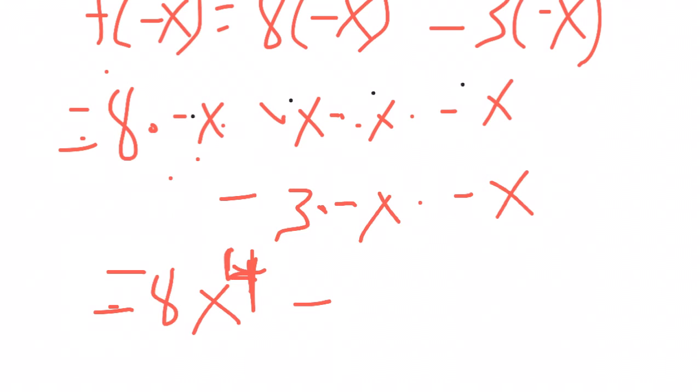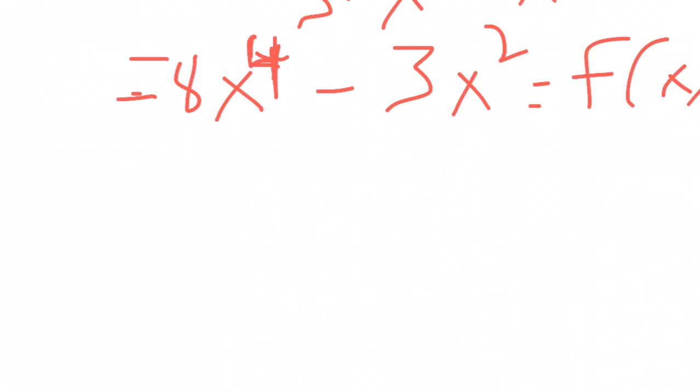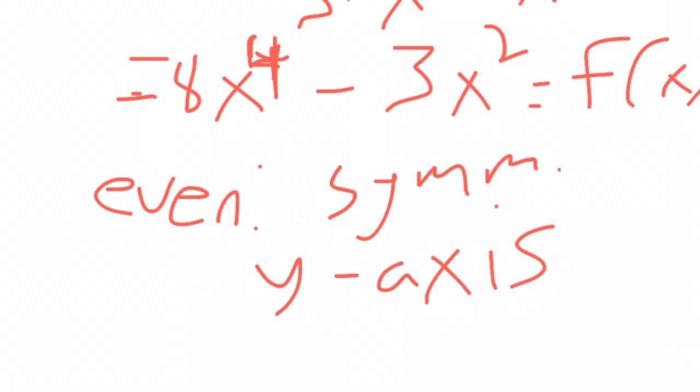So minus, and then 3 times negative x would be negative 3x, times negative x again would be positive 3x squared. So this gives us the same thing that we started with. When that happens, it is an even function. Alright. Remember, even functions, if you were to graph this, it would be symmetric about the y-axis, if you were to pull up the graph. Now for part B,